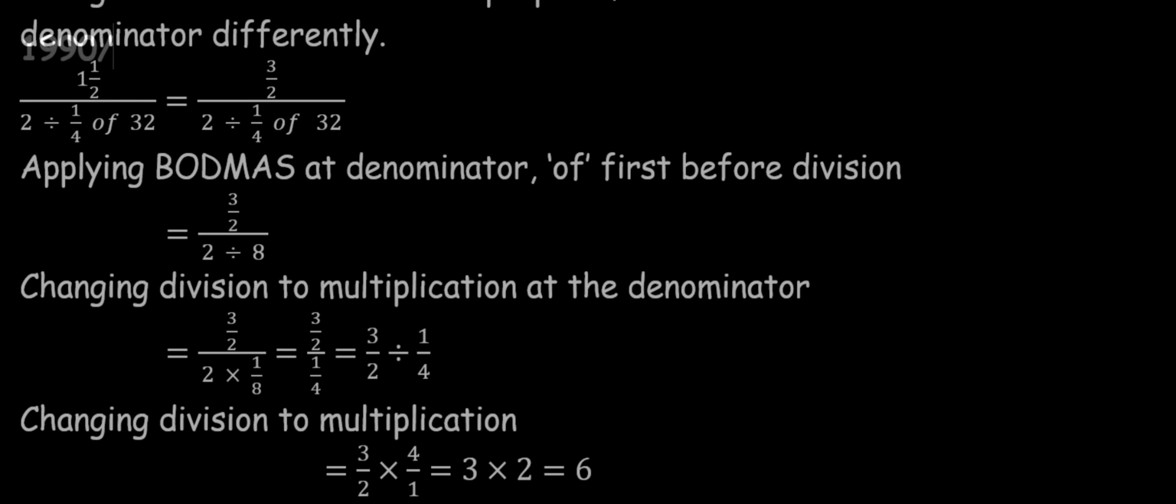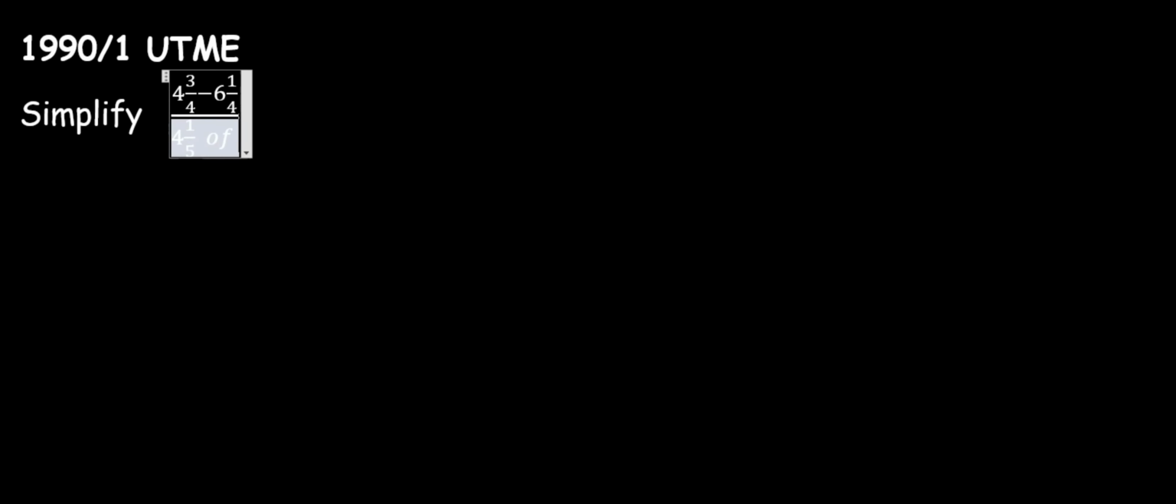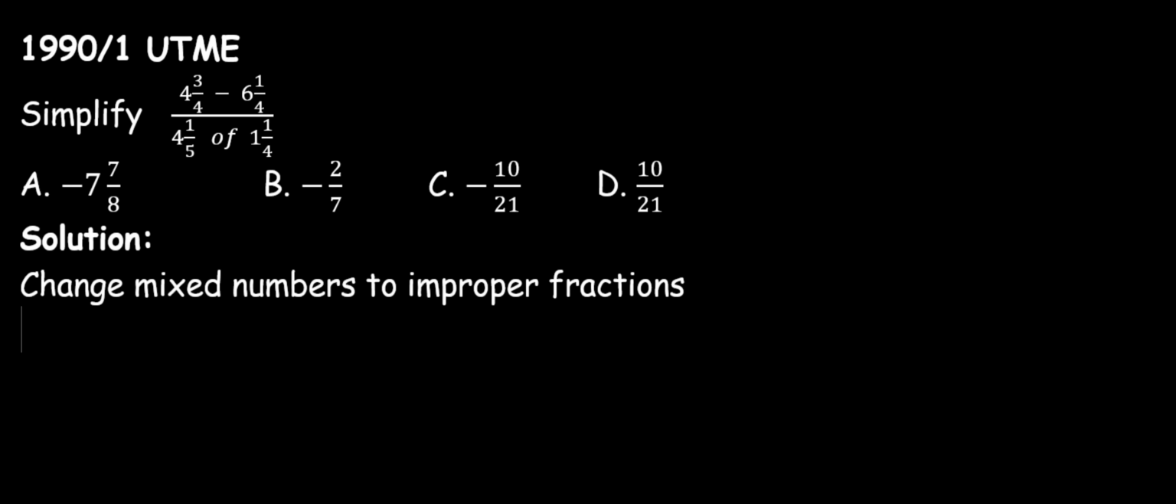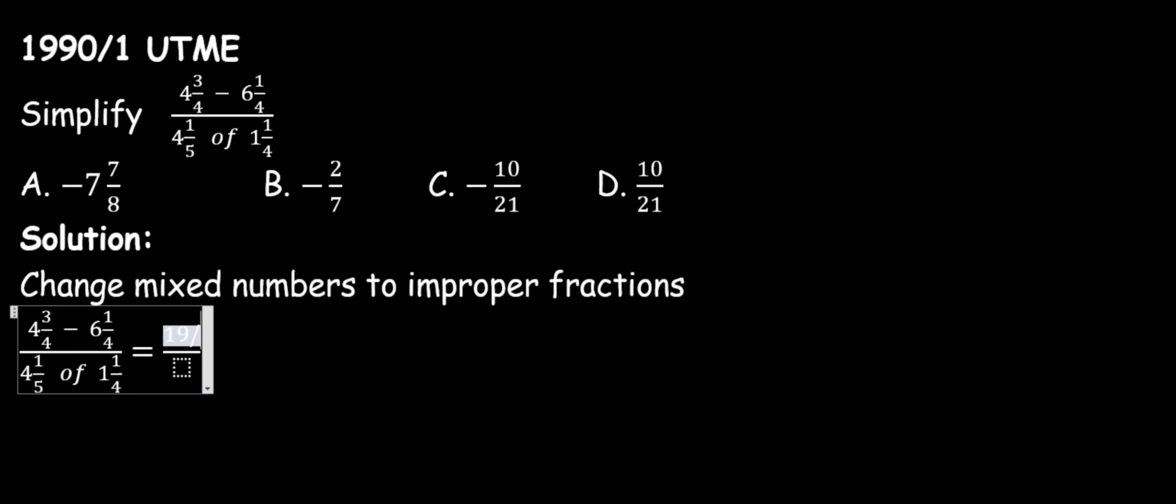Another example. Simplify 4 whole number 3 over 4 minus 6 whole number 1 over 4, divided at the denominator by 4 whole number 1 over 5 of 1 whole number 1 over 4. The options are given. Solution. First, we change mixed numbers to improper fractions. Our given problem becomes 19 over 4 at the numerator minus 25 over 4, and at the denominator you have